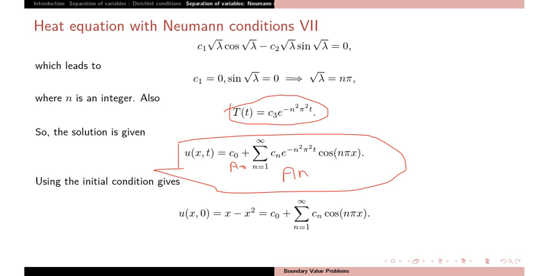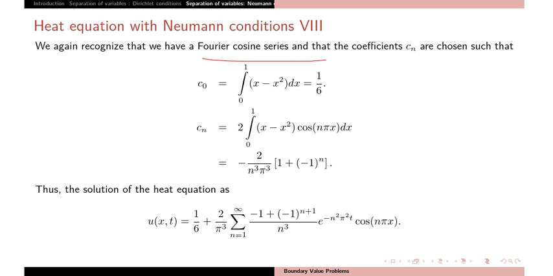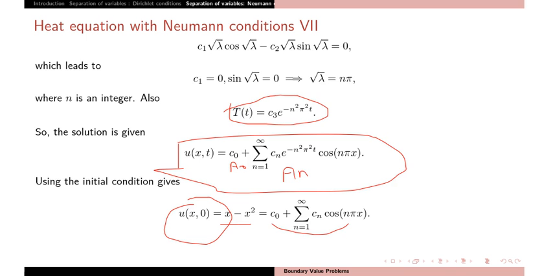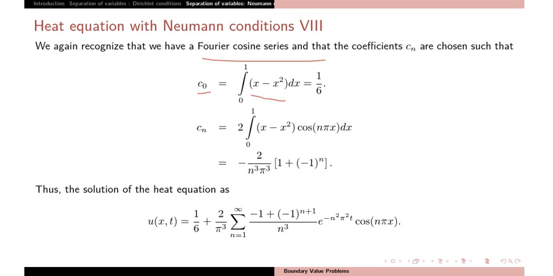Now fit t equal to 0. Use this condition, t equal to 0. The solution is x minus x square. And now your solution is not a Fourier series. So this is x minus x square, so compute the Fourier coefficients from the Fourier cosine series. So what will be C0? This will be the integral from 0 to 1 of the left hand side, x minus x square dx. That is the first coefficient. Other coefficients are 2 by L, and L is 1, so 2 by 1, the integral from 0 to 1 of f(x) multiplied by cos n pi x dx. So just integrate it. This is the answer.